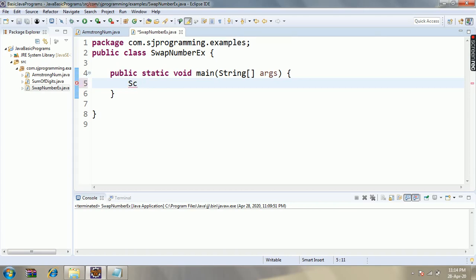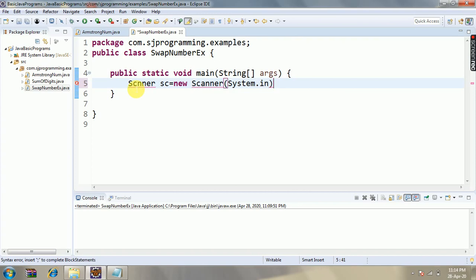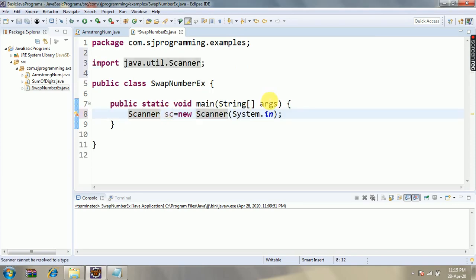We are using the Scanner class: Scanner sc is equal to new Scanner(System.in). So we have to import the java.util package.